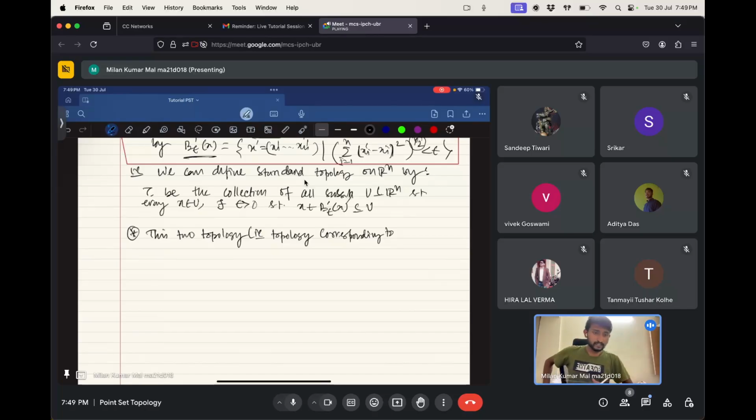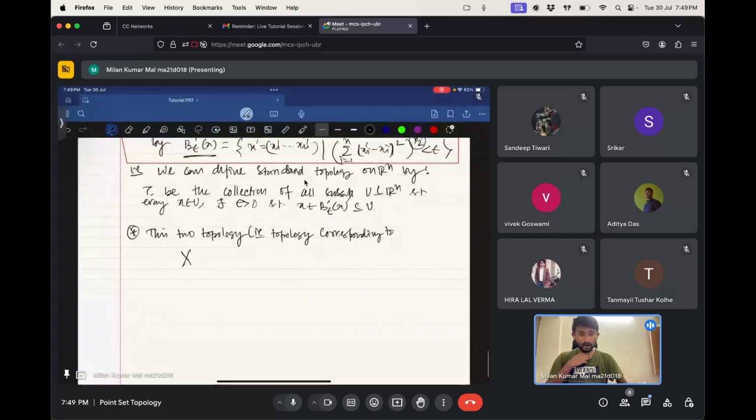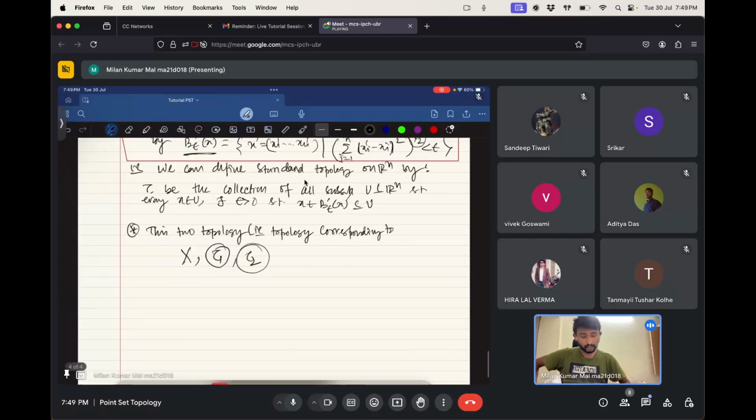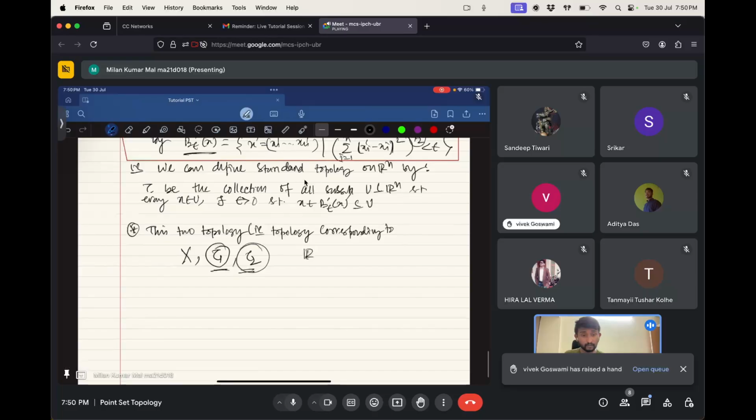If the topologies are the same, what does that mean? It means the collection of open sets is the same. This tau is a collection of some subsets. If I take X as a set, and tau1 and tau2 are two topologies, then tau1 is a collection of some subsets of X, and tau2 is also a collection of some subsets of X. But the topologies are the same means the collection tau1 equals the collection tau2. So they are the same topology. Now when I am taking X as R to the power n,